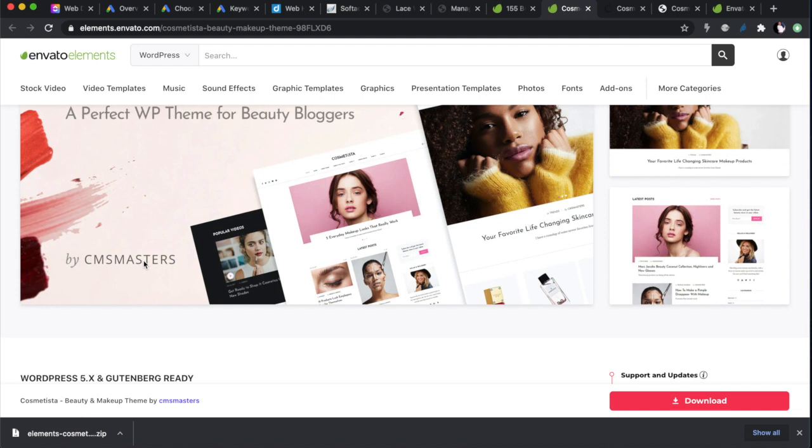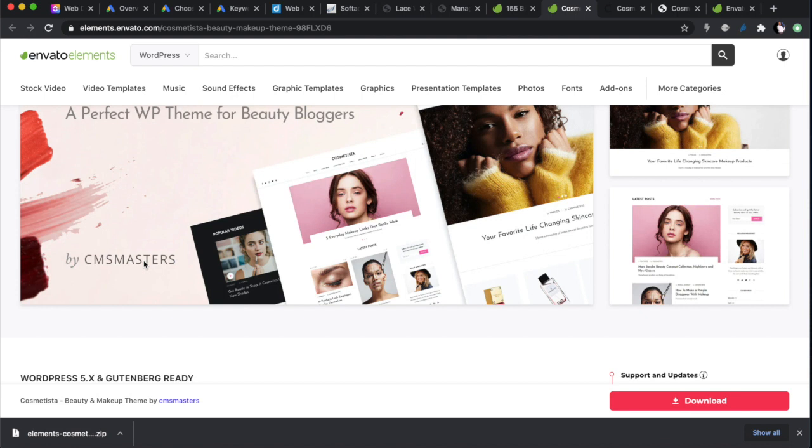Once you download a theme like this, they have their own built-in CMS systems. You don't have to buy additional plugins, because with a lot of even free templates, once you install it, you have to get additional plugins like Elementor Pro. If you want a footer that is on all the pages, you've got to get Elementor Pro. If you want your products listed on the front page, you've got to get Elementor Pro to get WooCommerce to work on the front page. There are a lot of things where, when you use the free themes, you have to pay for additional stuff to make your website look nice.